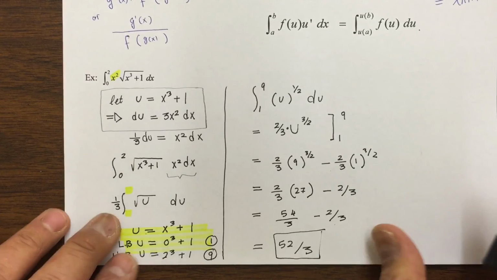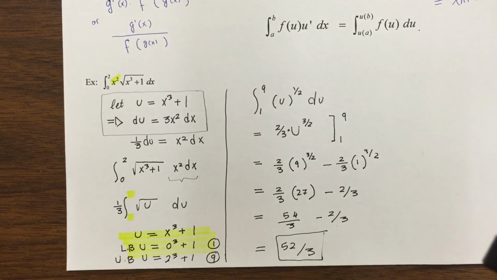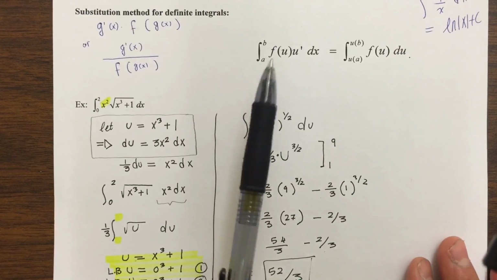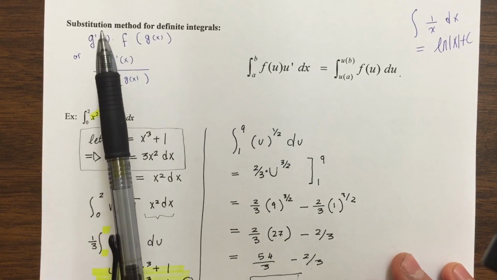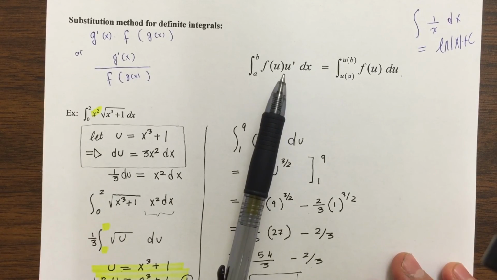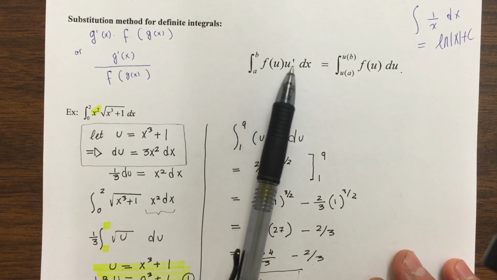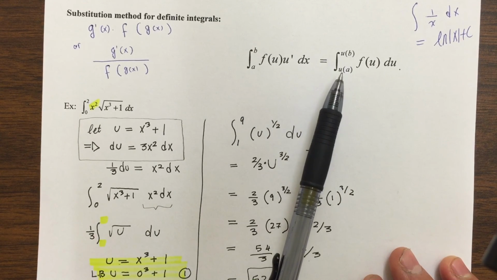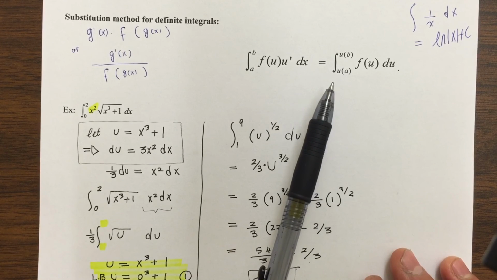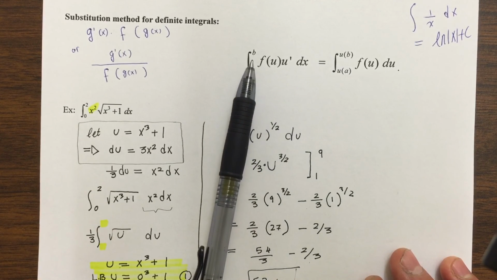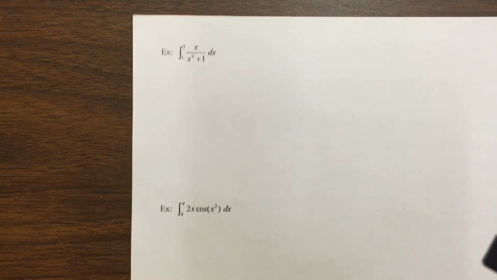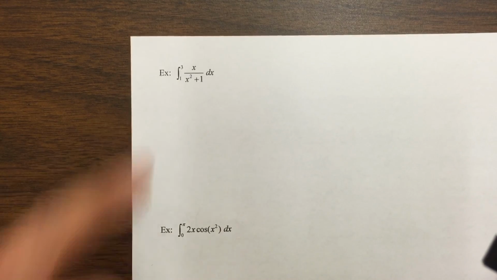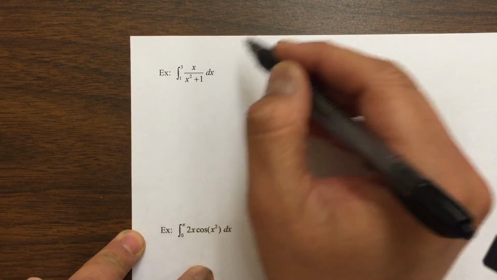Okay, good. Let's go ahead and move on to the next problem, but let's go back and see what we just did. If you want to evaluate a definite integral using the substitution method, then in addition to making a substitution for the integrand, you're also changing your lower and upper bound by evaluating the u function at the lower and upper bound of the original problem. Okay, so don't forget that. Alright, so here's another one, and this one is similar to like g